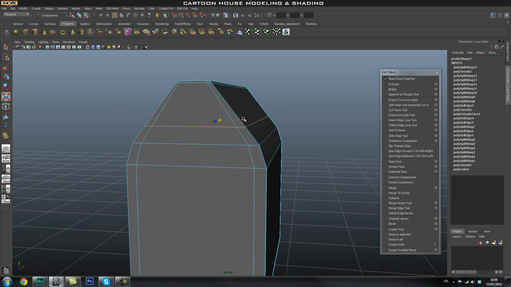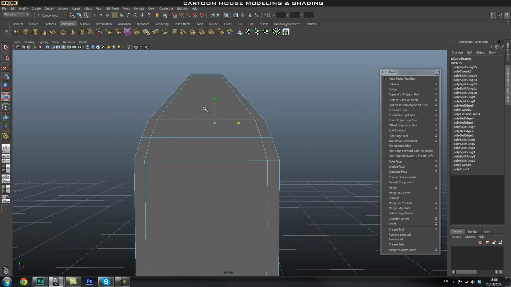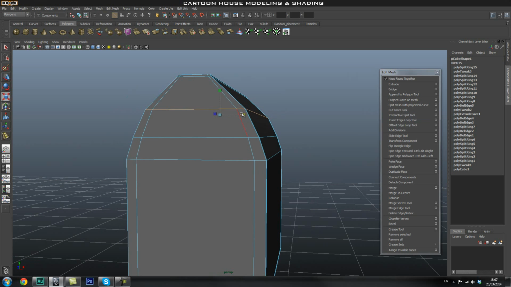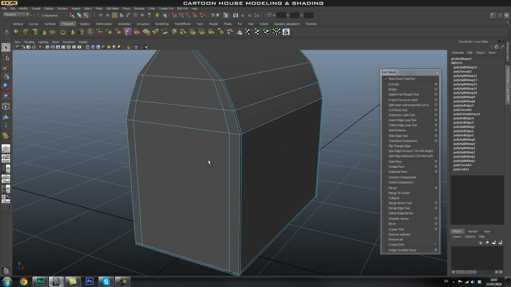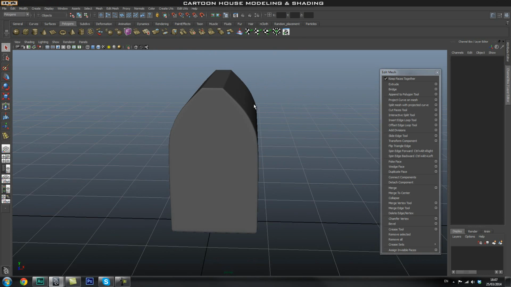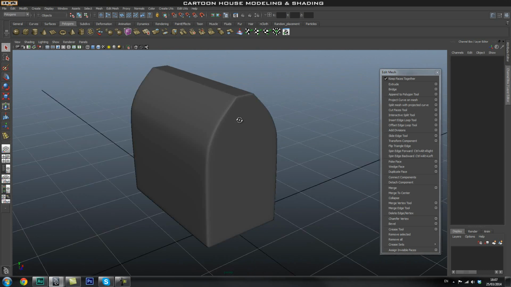So I had one there, press R on my keyboard, smooth it out a little bit more. I probably want to drag this up a bit more actually, just to give this a nicer smooth. So now if you smooth it, you'll notice this curve looks a lot nicer. Okay,